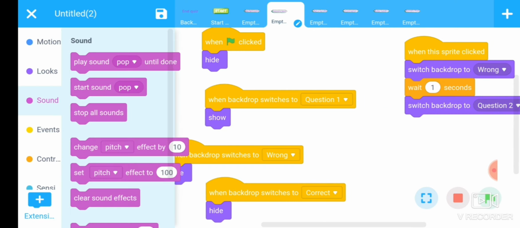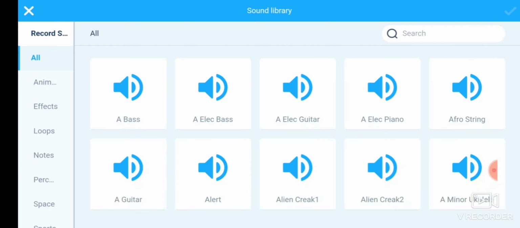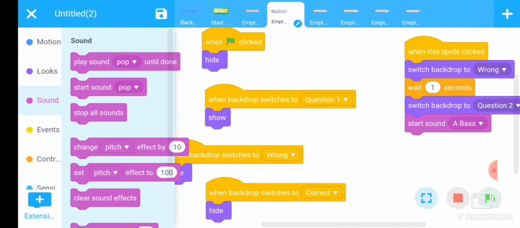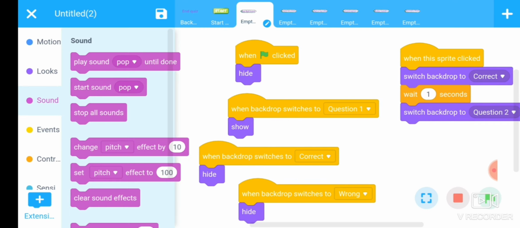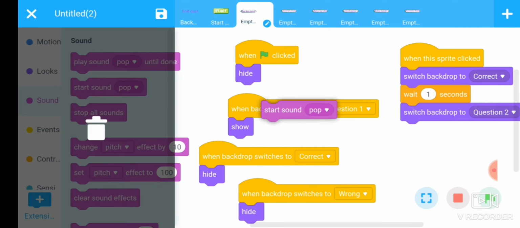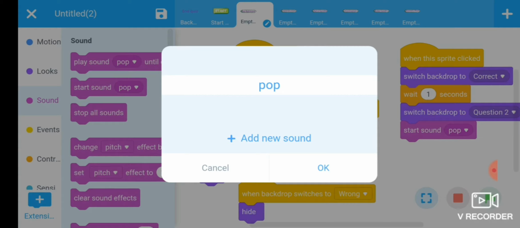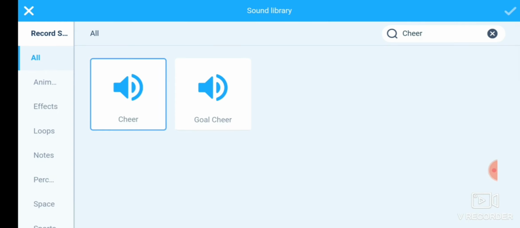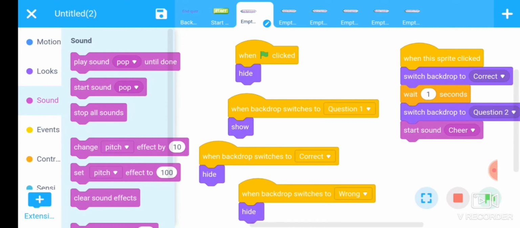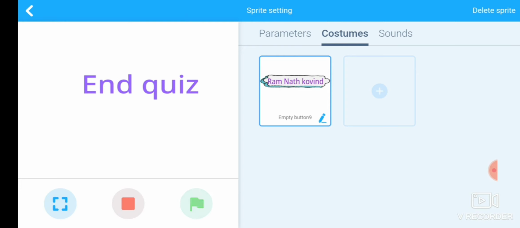This is also wrong option, use a sound. For this one also, this is correct answer, use a cheer sound. Okay, fine. Now again start the game.